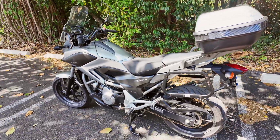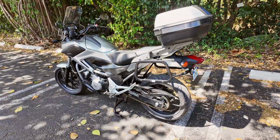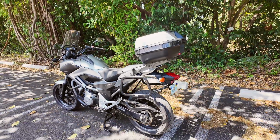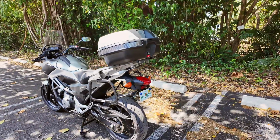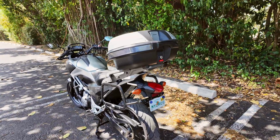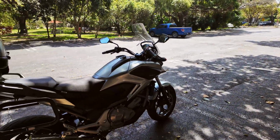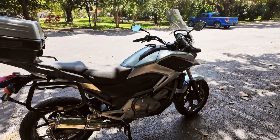Now, I didn't talk about highway commuting. That's because my commuting is mostly on the city streets, but I did have to ride this bike back on the highway when I first bought it. So maybe 20 miles on the highway. And what surprised me is how much less vibey this bike is compared to other parallel twin, which is my F800R. Another parallel twin. This bike at 80 miles per hour going on the highway, I cannot feel any kind